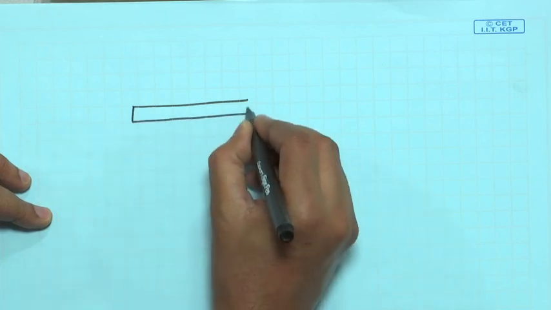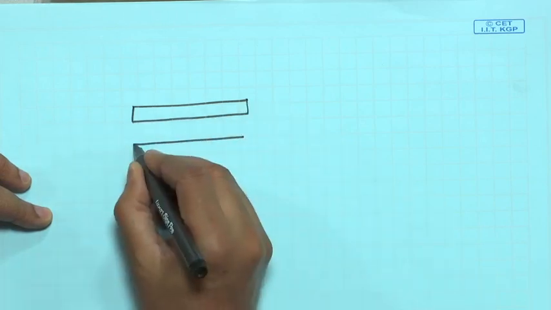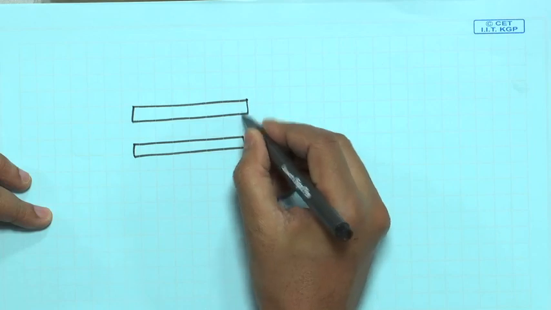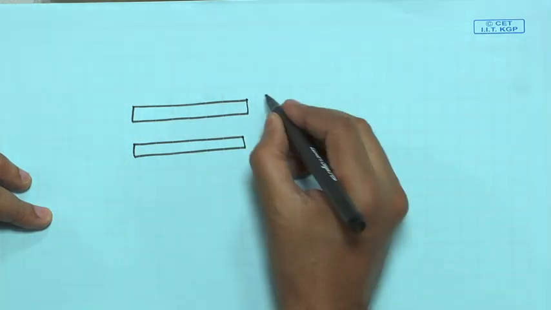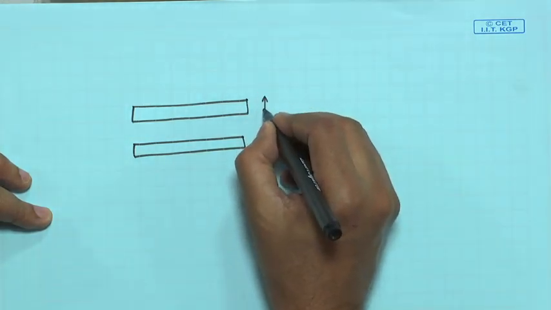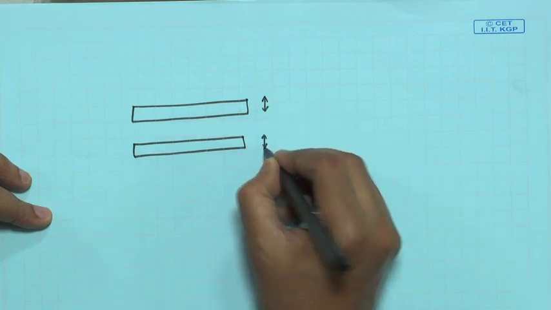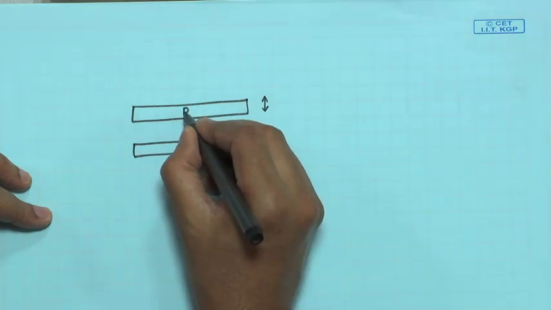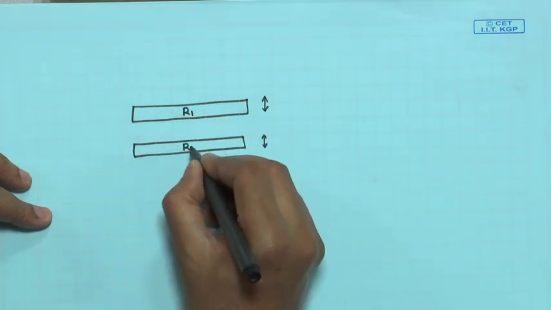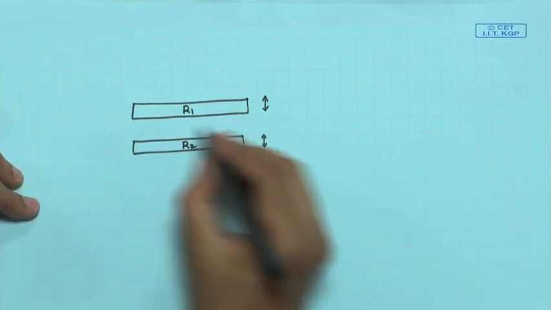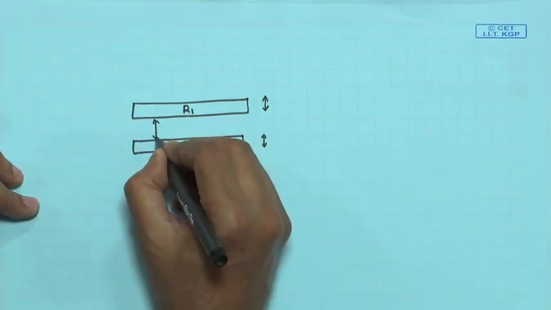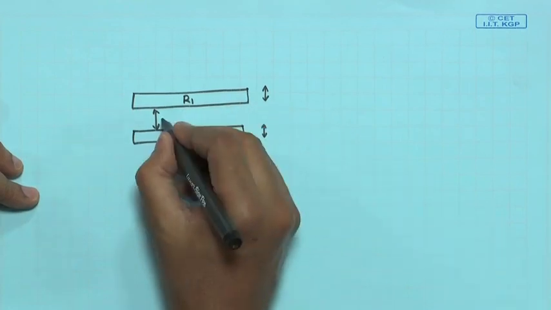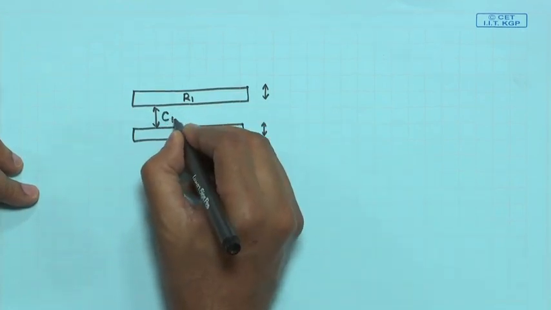So, some of the constraints that may arise at this layer may be like, let us say I have two lines, maybe this may represent interconnections running parallel to each other. There are two things. What is the width of these lines? Because the width of these lines will determine what will be the resistance of these lines, R1 and R2, right. Secondly, the separation between these two lines. The separation of these two lines will determine the capacitance between these two